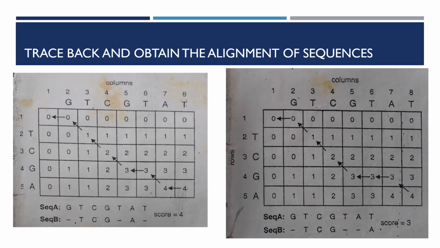If this is asked as a 15 marks question, what is the dynamic programming method? How can pairwise sequence alignment be carried out using the dynamic programming method? You have to write the principle of the dynamic programming method and how to fill the matrix. How do you do traceback, and take an example with two hypothetical sequences like this. Fill the matrix with the values, do the traceback, get the alignment. You need to do all this. And this will be the same answer for global alignment of sequences also.